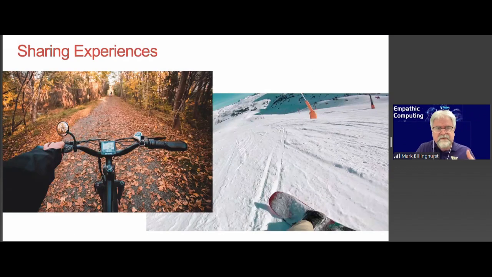Our overall goal, though, is to enable people to share live remote experiences. So you can imagine, for example, sharing mountain biking down the side of a mountain or skiing down the side of a hill. And we want to try and mock this up. So one of the experiments we did about 6 or 7 years ago was to look at how we could share the first person view, but also share some emotional states.